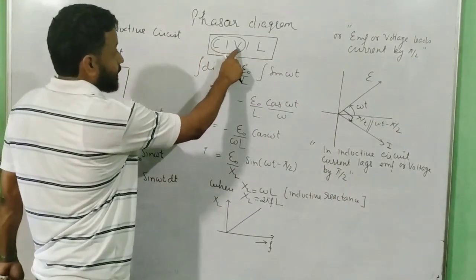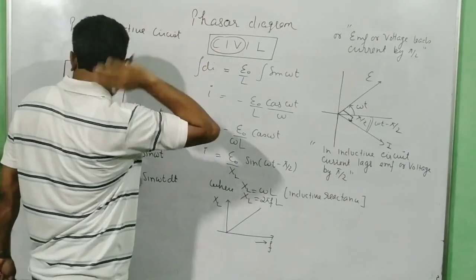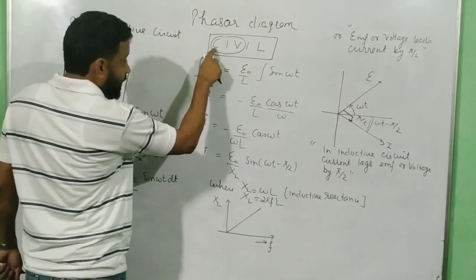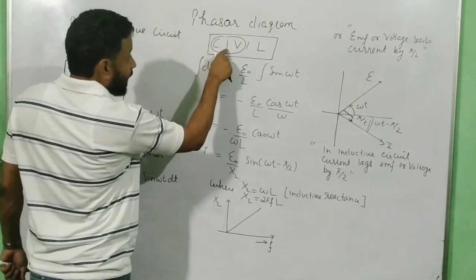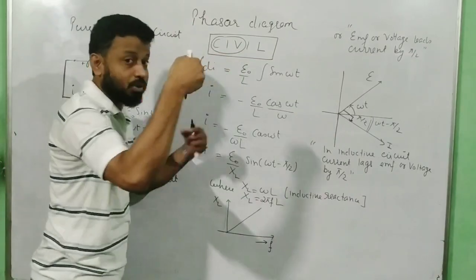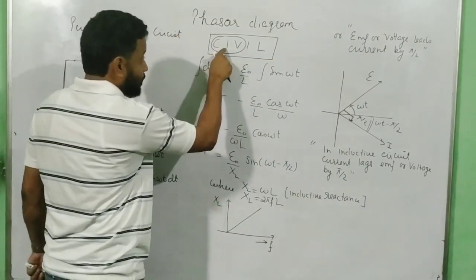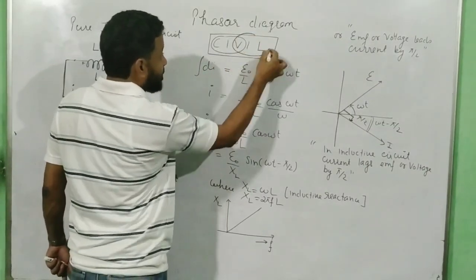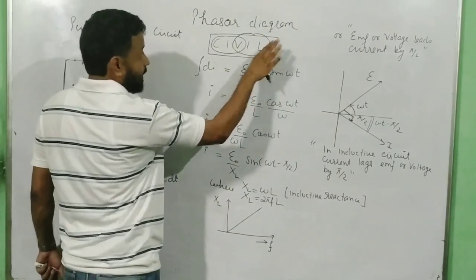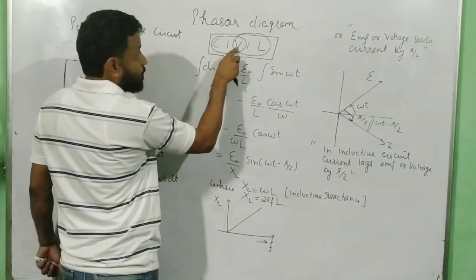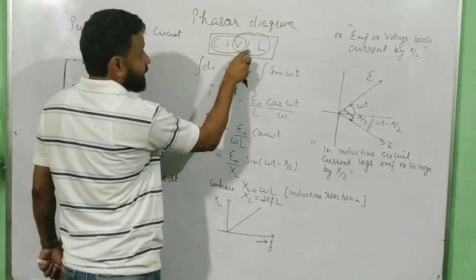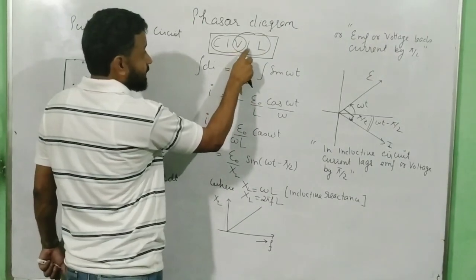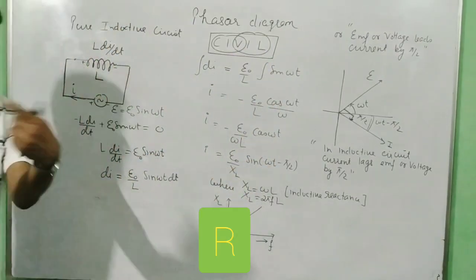In the first three: capacitive, current, and voltage. So in a capacitor, the one which comes first is the lead: current leads voltage, or EMF. Then you go to the VIL part, the second part. This is inductive, so start from here: voltage leads current. So in capacitance, current leads voltage; in an inductor, voltage leads current. Keep that in mind. The other statement you can automatically make.